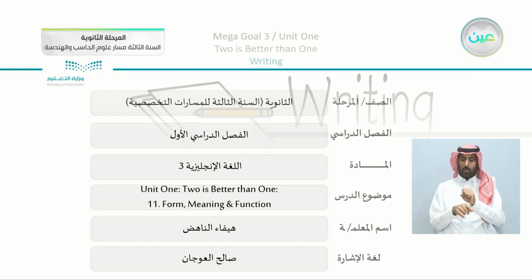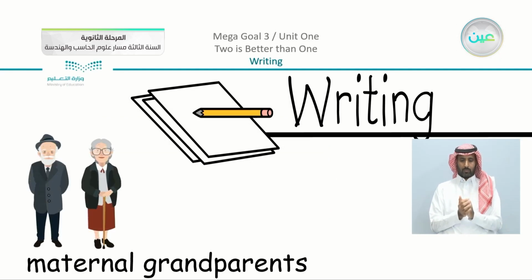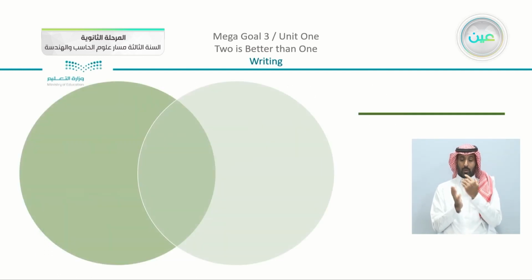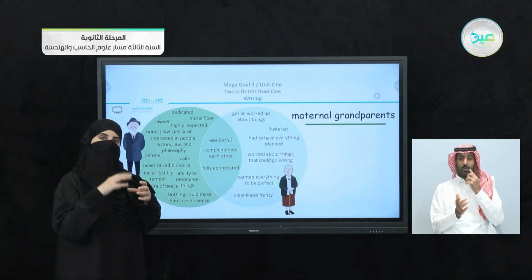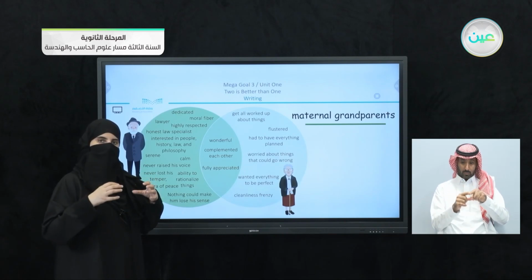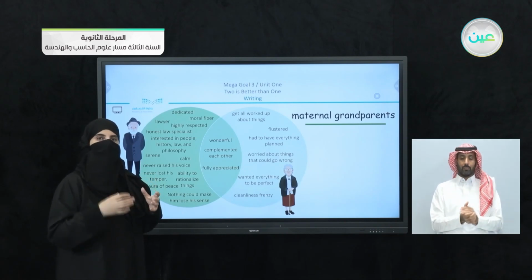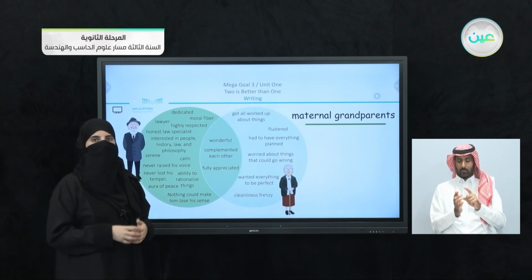So moving to what we did in our last lesson, which was the writing lesson, we had, first of all, the maternal grandparents essay that is ready in the book. We were instructed to use the Venn diagram and to write the different characteristics that we have about each personality, and also in the middle the things that join them together, or we can say that we want to focus on the symbiotic relationship, going back to the unit's topic, which is teamwork.